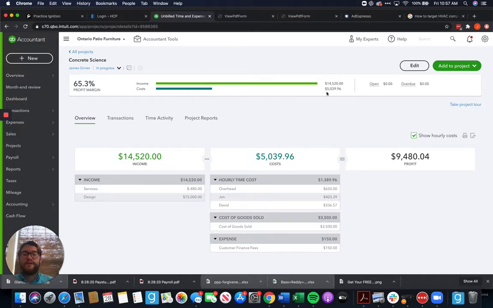The other thing that this will give you is it will let you know how much is open and overdue invoice-wise. If you send them an invoice, something that needs to be paid, up here it will tell you whether it's paid or not, so that you can make sure that this project is completely and totally done. Down here we can see how your income breaks down between the different income areas, along with